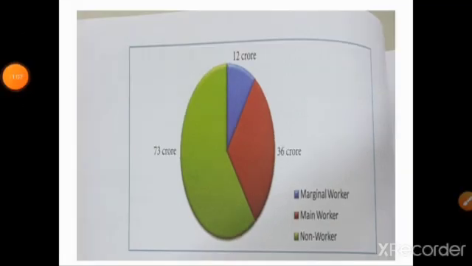Understand? So till now we have seen the bar diagram. From the bar diagram we have seen the simple bar diagram, multiple bar diagram, and the component bar diagram. And the next diagrammatic presentation we have seen is the pie chart. What is a pie chart and how to calculate it? What are the steps to be used for calculating the pie chart?